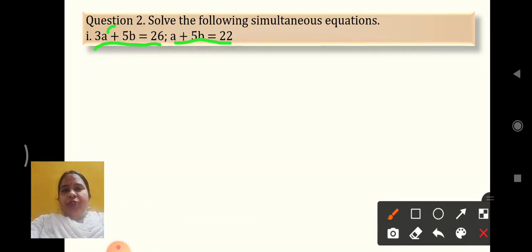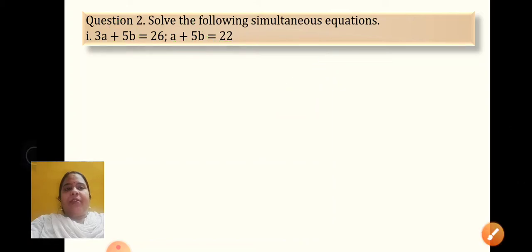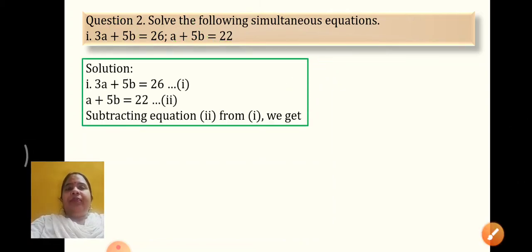Okay, can you see this? Plus 5b and plus 5b. For this I have told you one rule or mantra to follow: when it is the same sign, subtract. Whenever it is the same number, plus 5, they have the same sign, so always we will subtract. Okay, so let's see how it can be done.